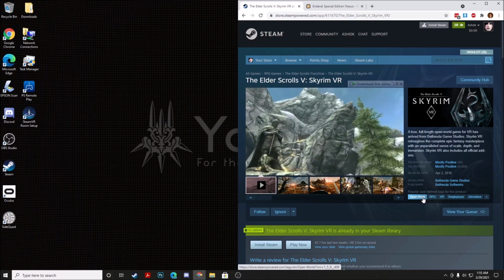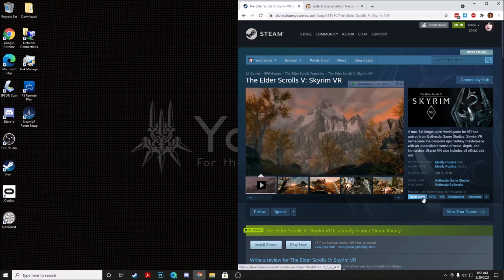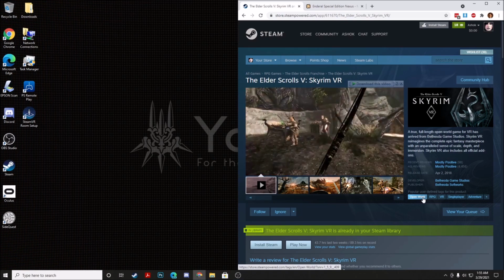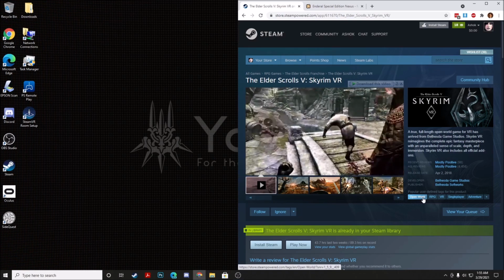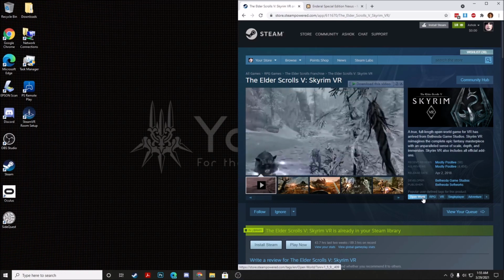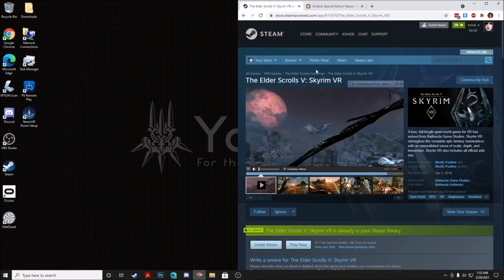Once that's done, go ahead and download Enderal Special Edition. Again, you can get it from Nexus Mods or Steam. I'm actually going to use the Nexus Mods version just because I find it a little bit easier to set up. Although later on I will show you guys how you can use the Steam version as well. So we're going to go over to